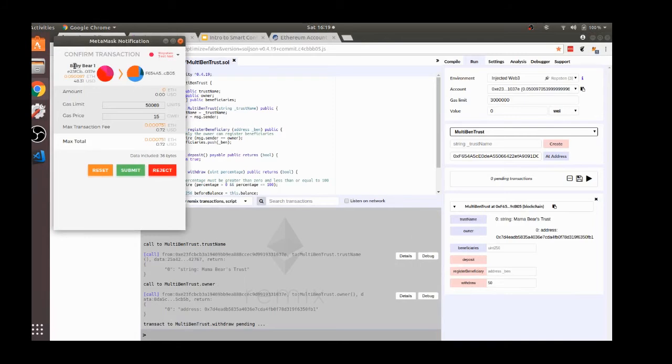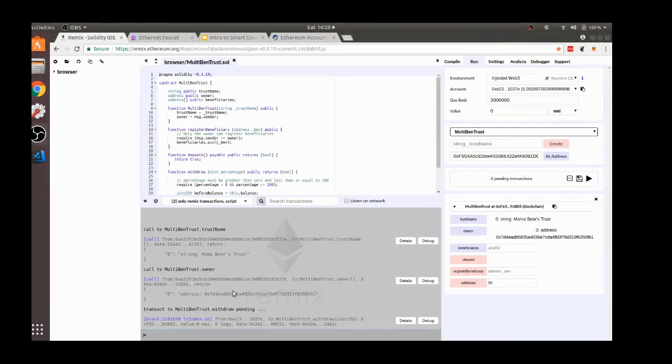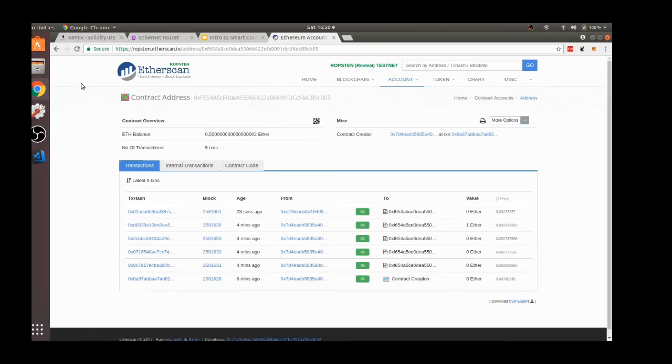And here you'll see it's Baby Bear 1 that's requesting this transaction as opposed to Mama Bear. And we'll click Submit to send that transaction to the network. And we'll just give that a second while that transaction is being mined. All right, that transaction's now been mined. We'll come back to Etherscan. What we'll do is refresh Etherscan on our contract address, and we'll see that our withdrawal